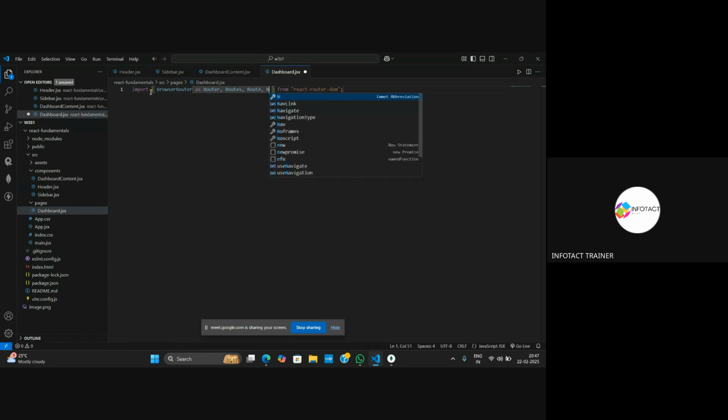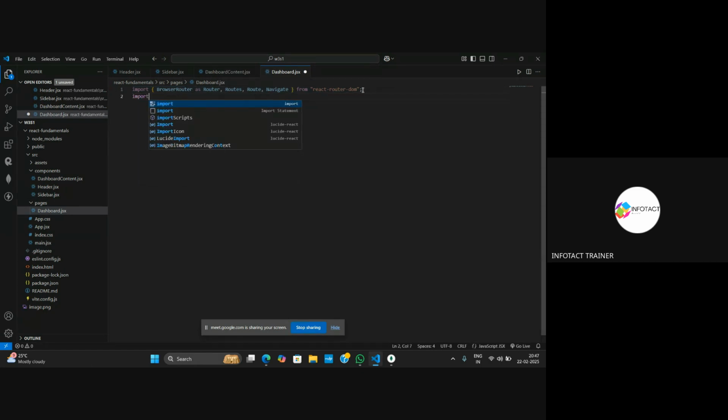Also, I will import navigate from the React router DOM. After that, I'll also import